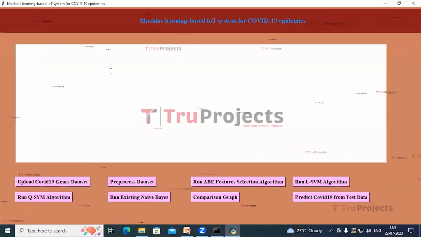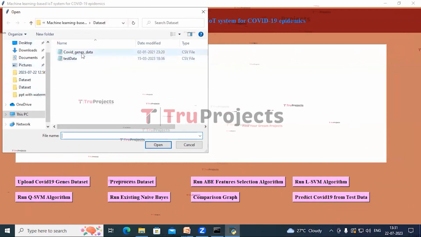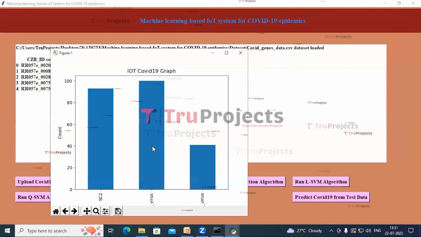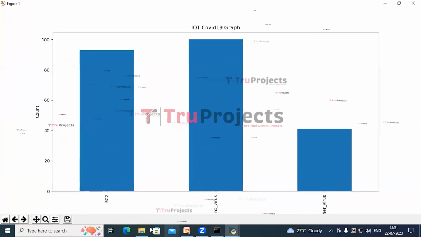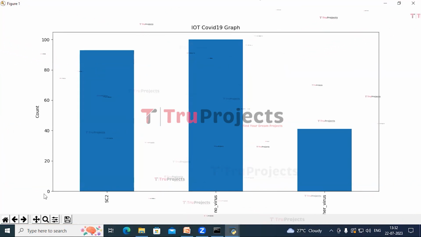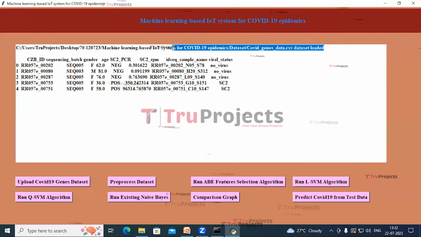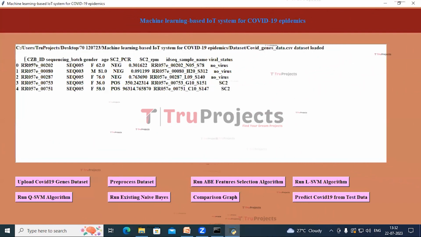This graphical user interface will be opened. With this, we are interacting with the program. Now click on Upload COVID-19 genes dataset. A dialog box will be opened. Select the dataset and click on Open. In this graph, on the x-axis I have various diseases of COVID-19, and on the y-axis I have the count. Close this graph, and in the text box we can see that the dataset is loaded, and these are the